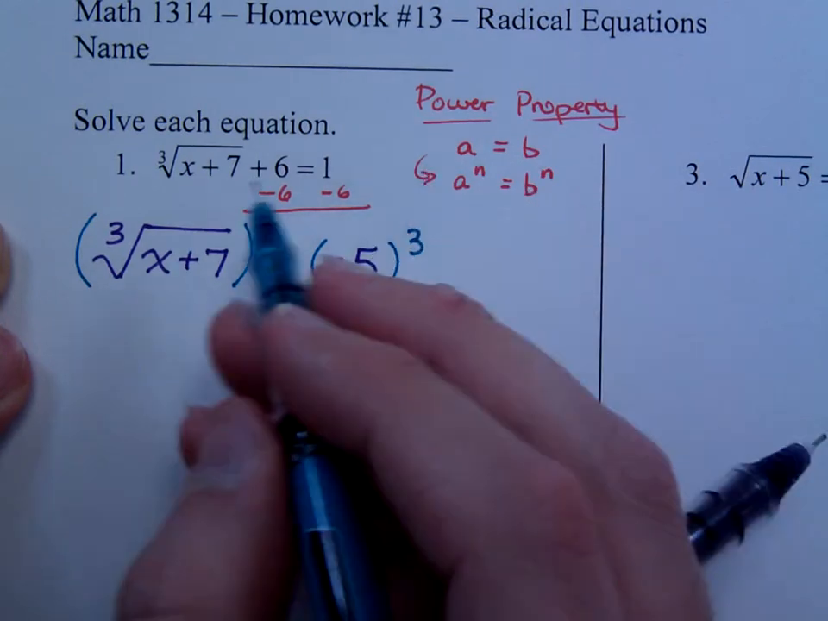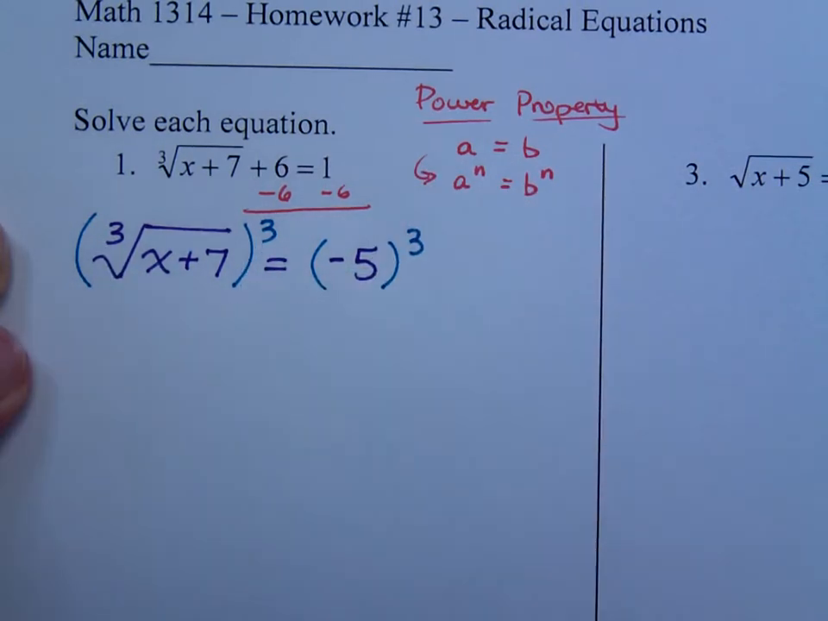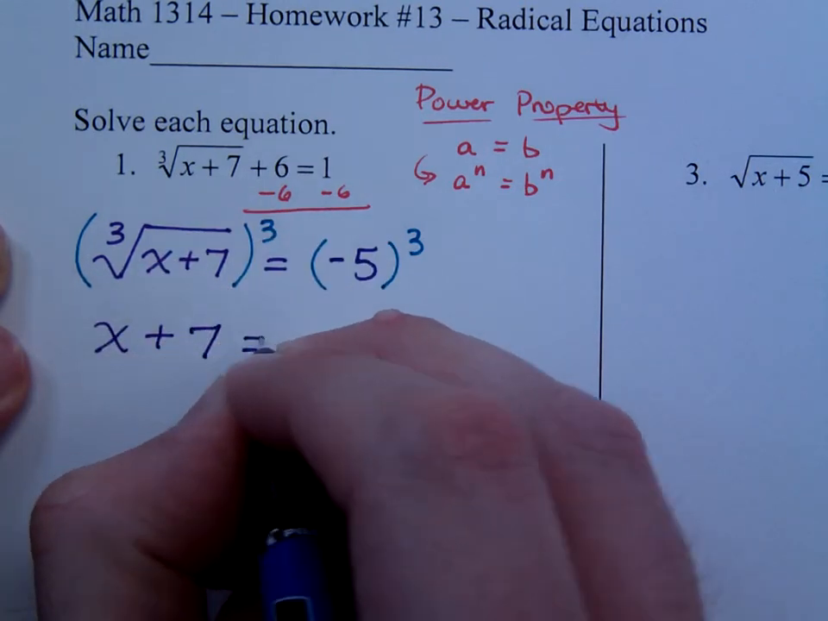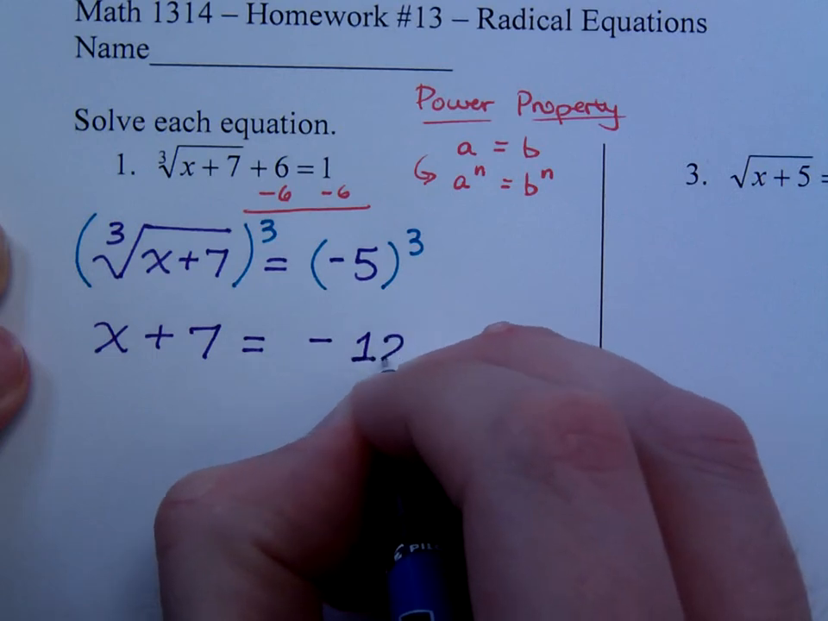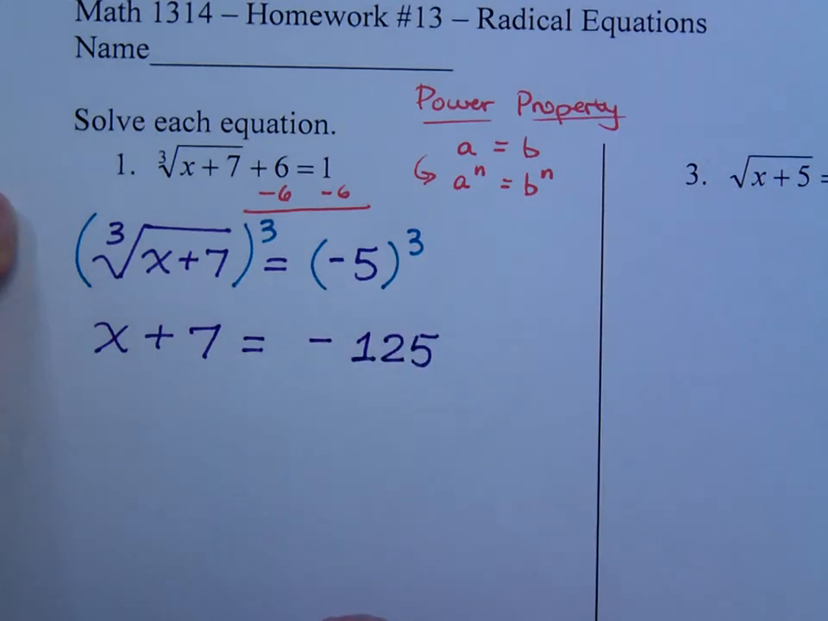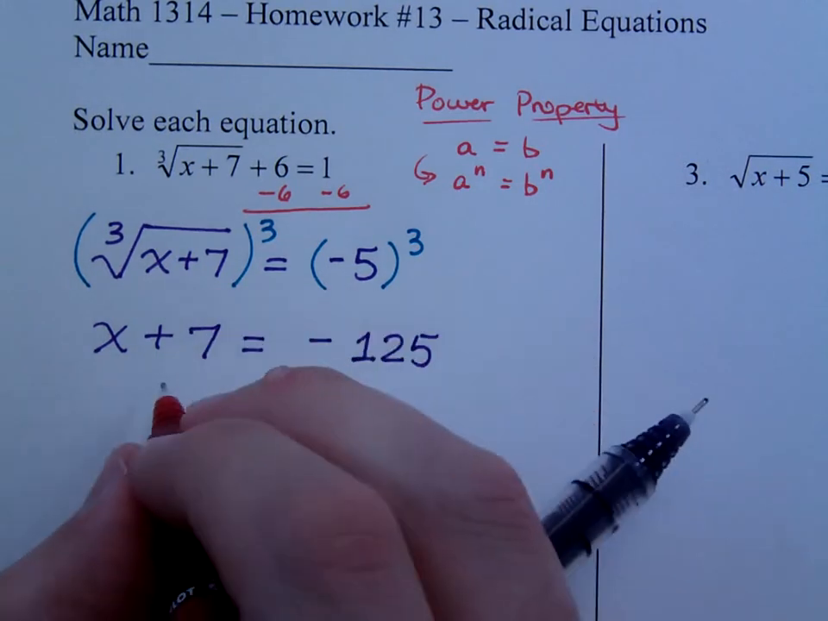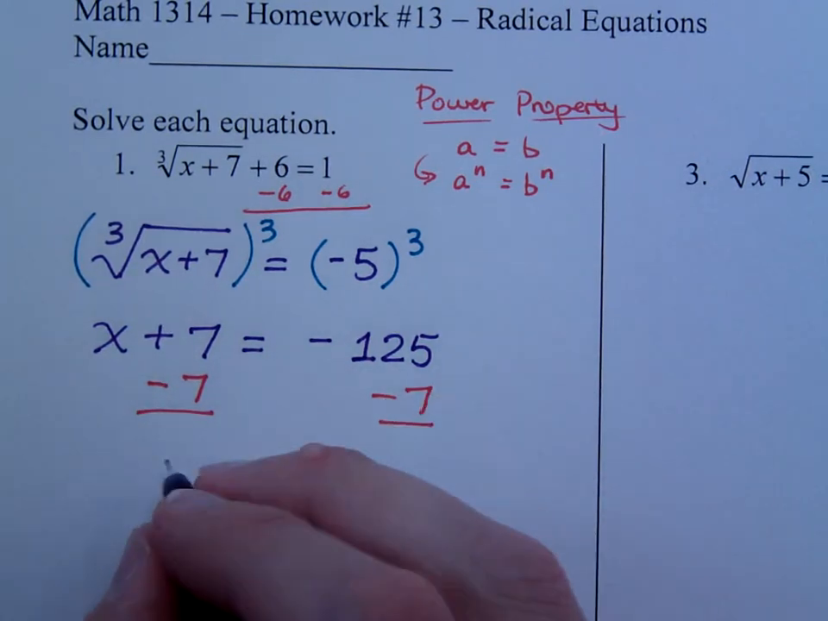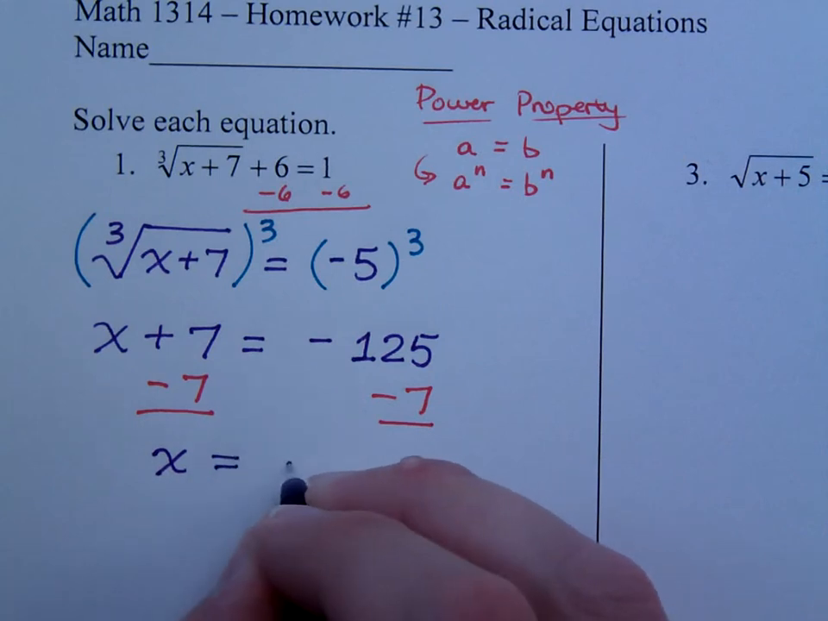The power property, the power needs to match up with the index. So this gives us x plus 7 equals -125. And then we just solve this equation. Get x by itself by subtracting 7 from both sides. And x equals